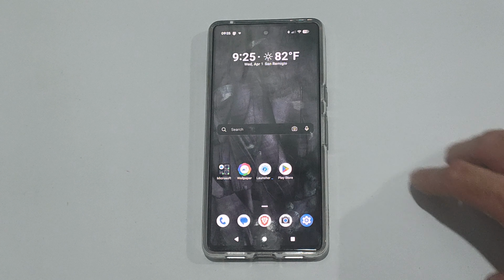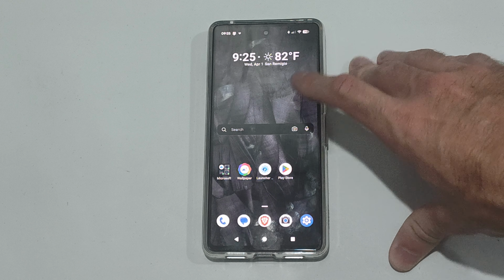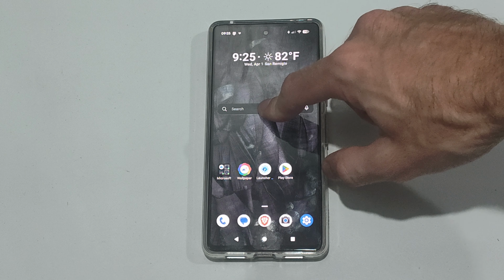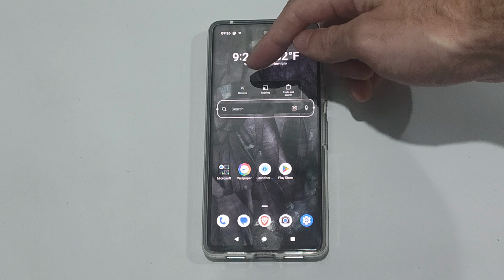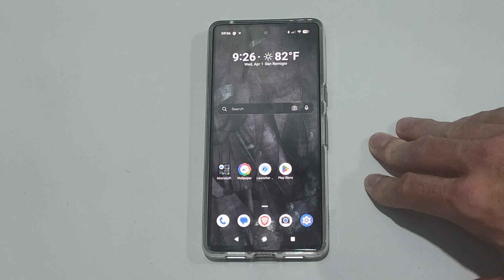Today in this video I'm going to show you how to remove the Google search bar on your Google Pixel phone. So you can see I can move this around now, and there should be an option for me to completely remove it. Now the reason I have this option is because I'm using the Microsoft Launcher